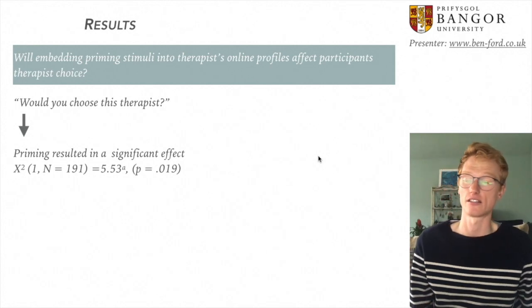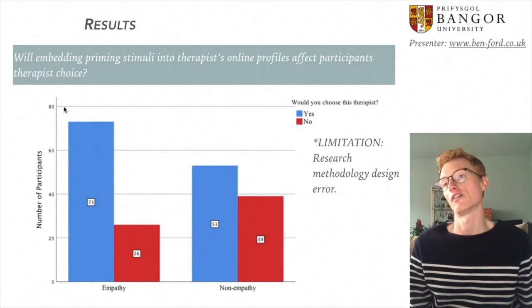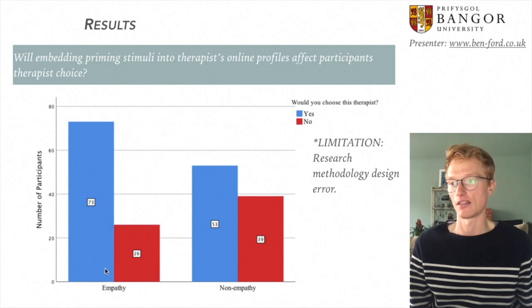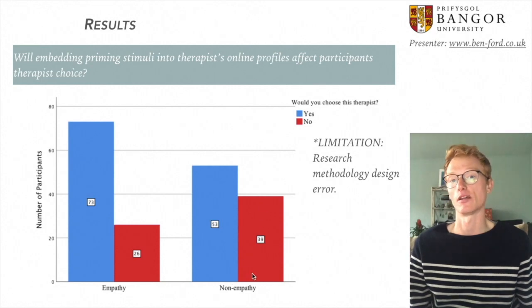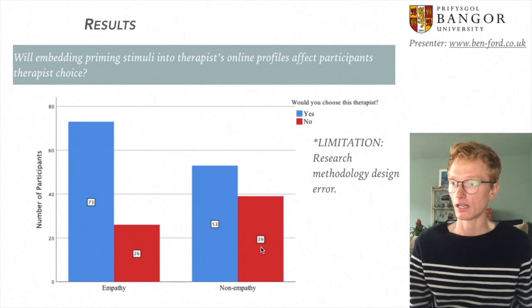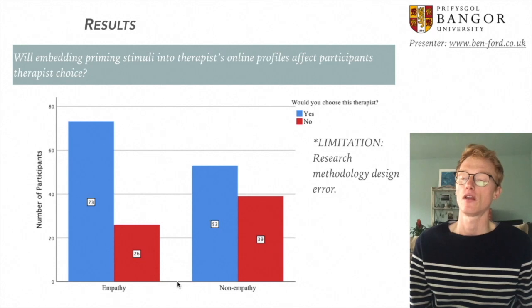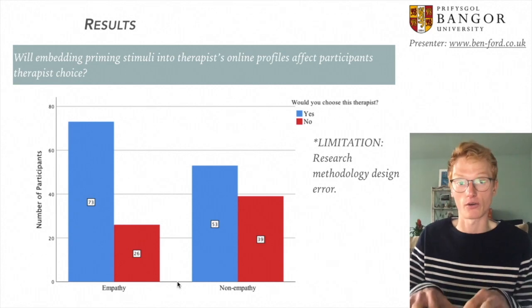So let's look at the graph again. Here you can see that the number of participants that said yes, they would choose the therapist, was the most in combination with an empathy prime, and also the number of people that said no, they wouldn't choose a therapist, was the most when there was a non-empathy prime, and that not having an empathy prime reduced the number of people that would not choose the therapist. But there's a limitation in this research methodology, because when I designed the online questionnaire, I didn't give